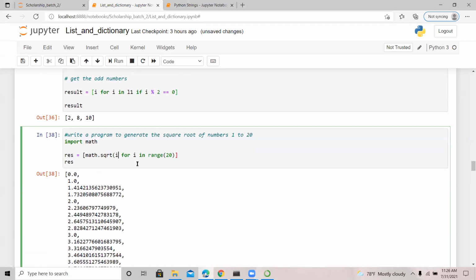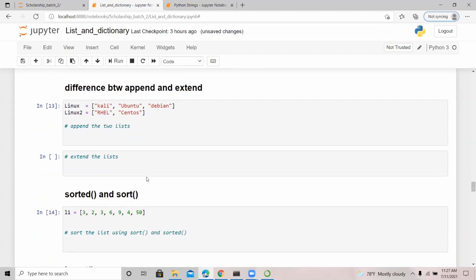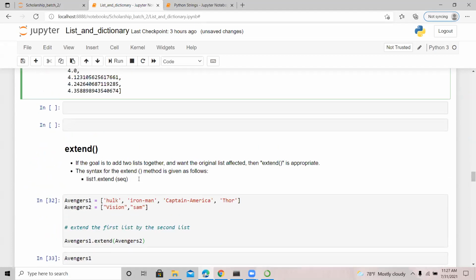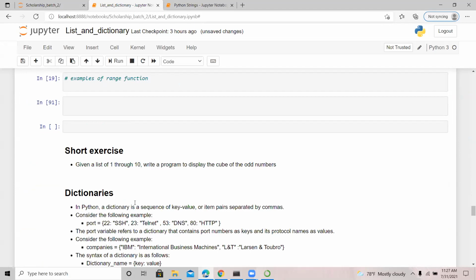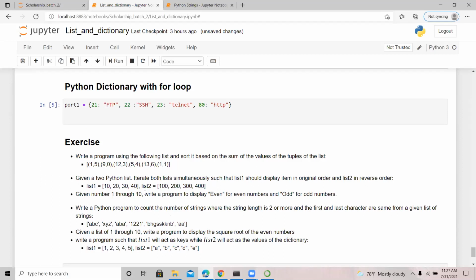But if you don't have a function, you can just use the exponent. Remember, the exponent is double asterisk. So raised to power 0.5 will stand for square root. These are just basic mathematics, okay? So I think maybe I can allow you to explore by yourself now, since you have the idea. We'll complete it next class, but I should allow you to explore using this exercise to develop more of your skills in list comprehension. But before I stop so that you can do that in the breakout